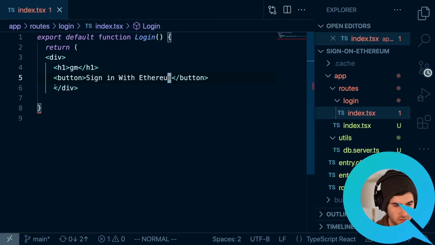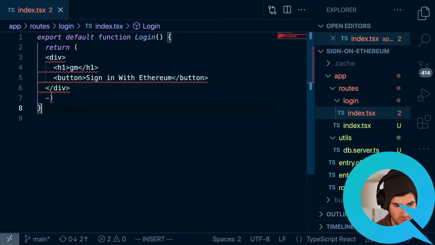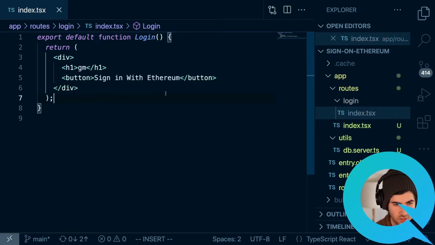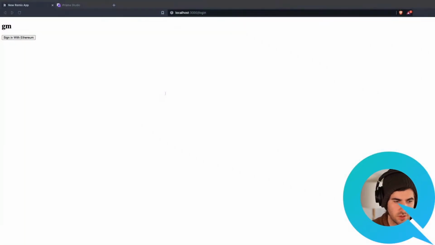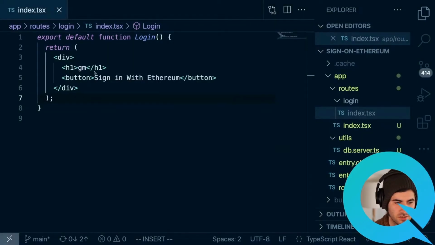Awesome. And so let's go ahead and get this looking good. And there we go. Awesome. And so now, whenever we go over here, we can say cool, and we click on this button, but nothing's actually happening. So let's go ahead and get MetaMask working.